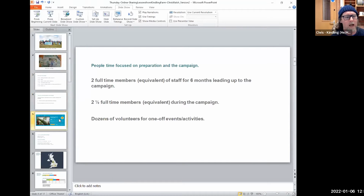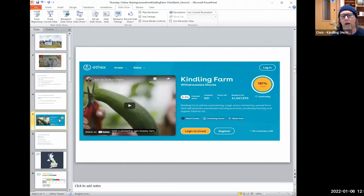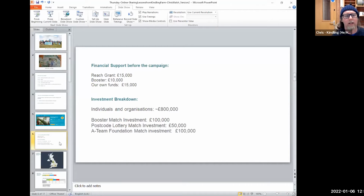This is the staff time. This is what we ended up with at the end of the campaign. So the financial support we got, the investment breakdown. So 800,000 came from individuals and organizations, but we also had a lot of support from